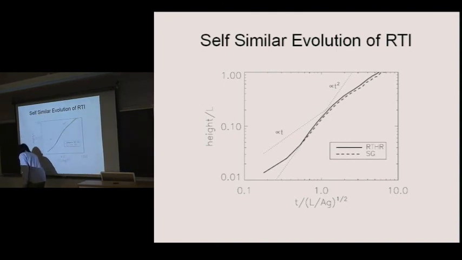What you end up with, so this is log h versus log t, if this is t squared and this is t, you get something that looks kind of like this. So you approach t squared as you go to later times,